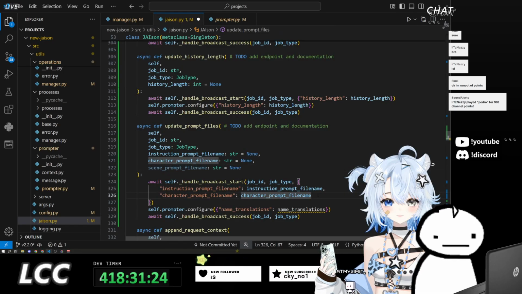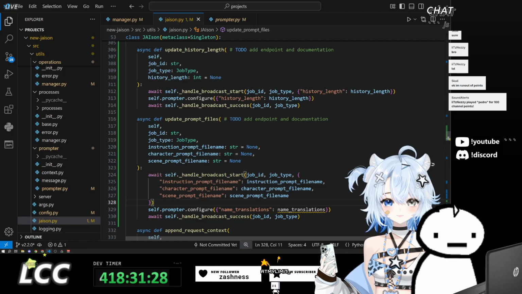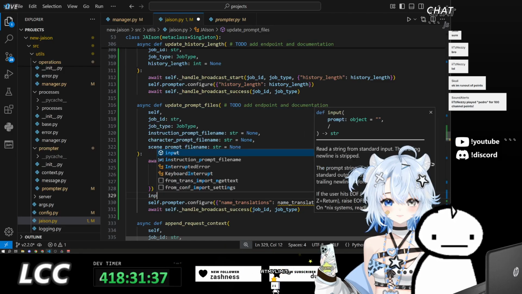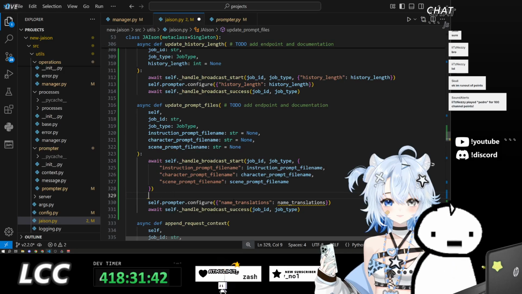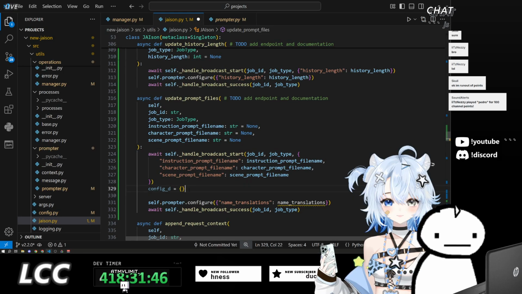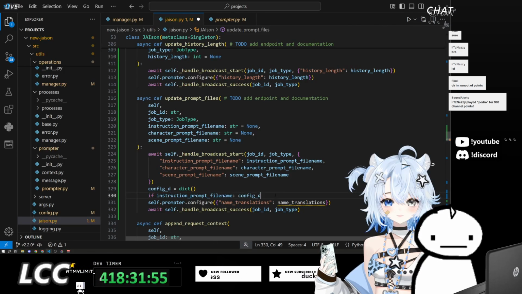And from go. We'll construct the actual input down here. So input dictionary, or no, config dictionary will just be an empty dictionary at first. And depending on if we have each of these, if we have this, then we will add this to the configuration dictionary.